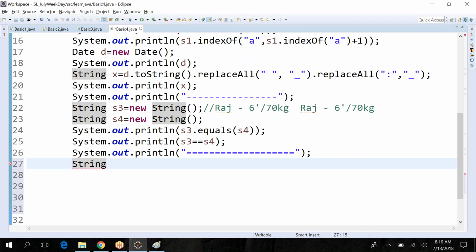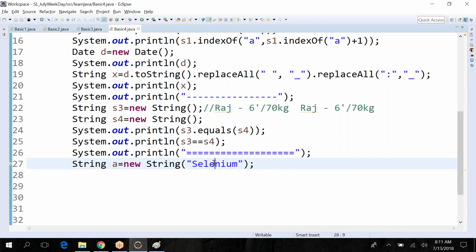I am writing String a = new String("selenium");